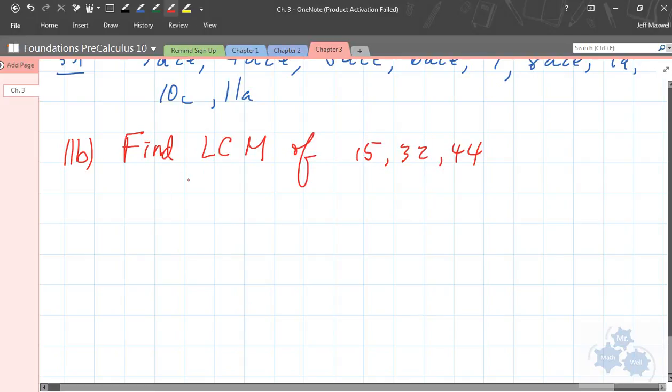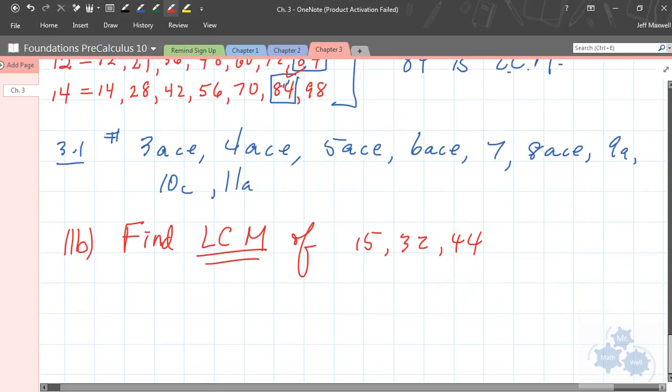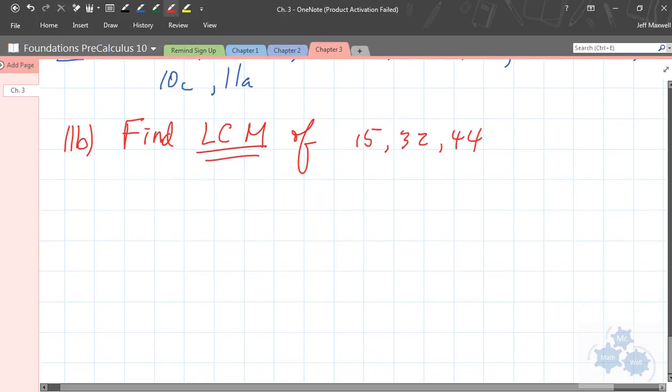So in this 3.1 assignment, there is a method for finding the lowest common multiple, and this is one way, obviously, where you times 1, times 2, times 3, times 4. Just do a list, and then the lowest number common to all the lists, that's the multiple, that's the LCM. But if you have 3 numbers, and if you have large numbers, there is a quicker way to do it, but